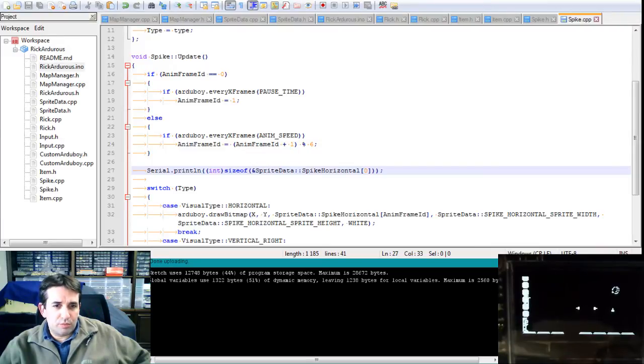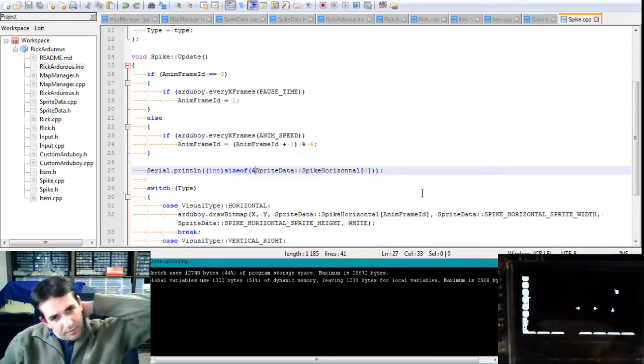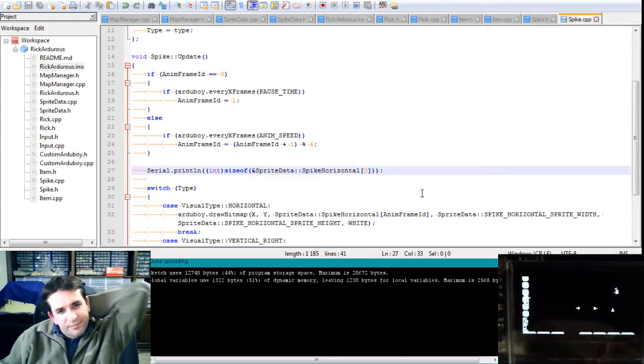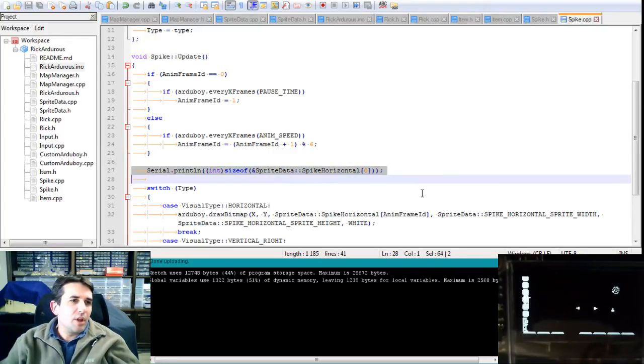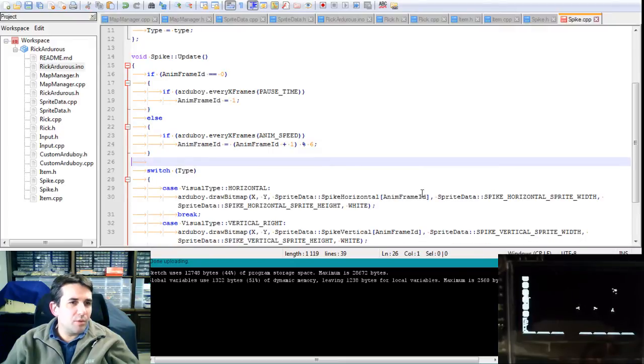Still gives me 2. But obviously it's not 2. I want 6. Or actually more than that. All right, that's fine. If you know how to get the size of the first array, just please leave it in the comment below. So for now I will just use another constant value